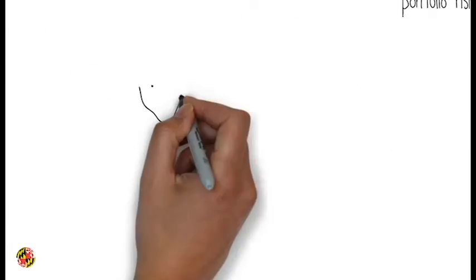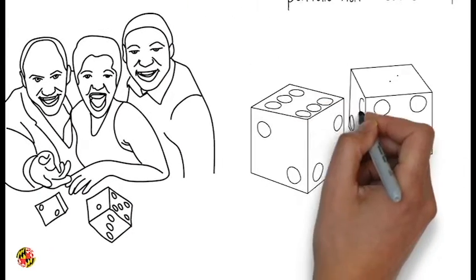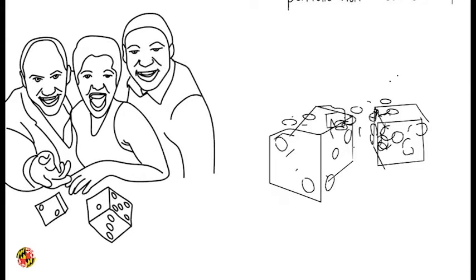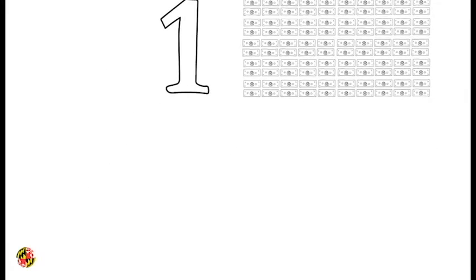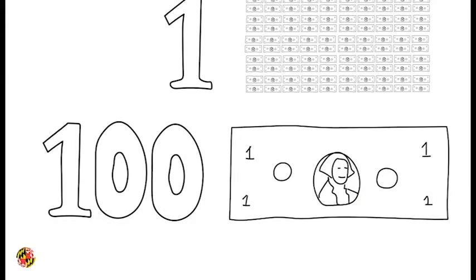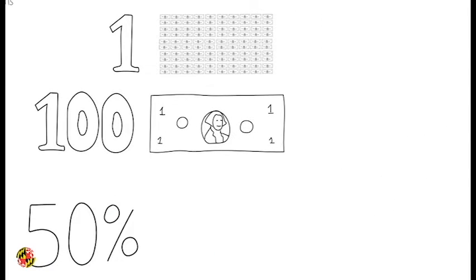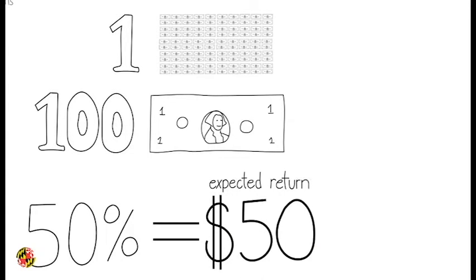Suppose you play a simple gambling game with your friend. You roll 2 six-sided dice, and if the roll is even, you win, and if it's odd, you lose to your friend. You could play the game once and bet $100 on one roll of the dice, or you could play the game 100 times, betting $1 on each throw. The chance of even or odd is 50%. So with both of these games, you have an expected return of $50.